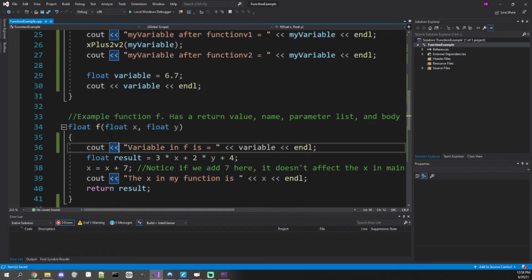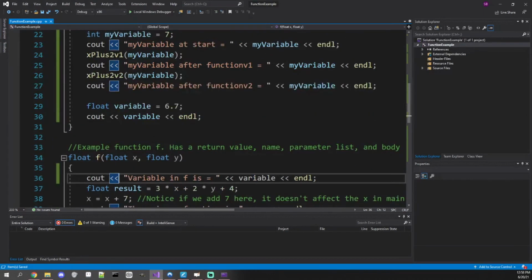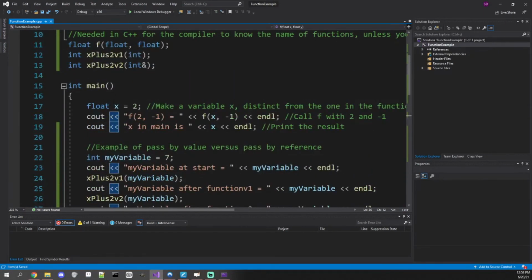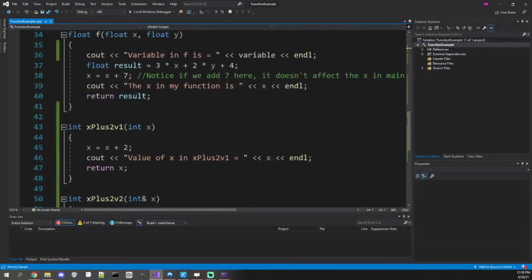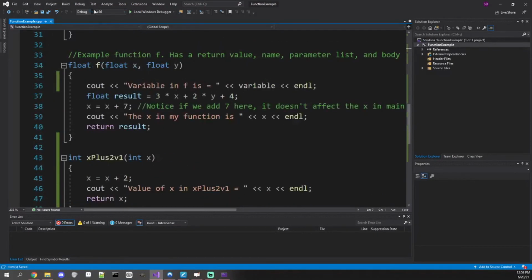And so the next thing it will check is the thing that it's contained in. And the function f is in the global scope because there's nothing else containing it. It's not inside another function. It's not inside something like a class or a struct, which we haven't gone over, but we could put these inside of. So it's going to go, not to main, but it's going to go to global scope, and it's going to see there is a variable called variable there, and it's going to use that one. And so if I was to run this now,